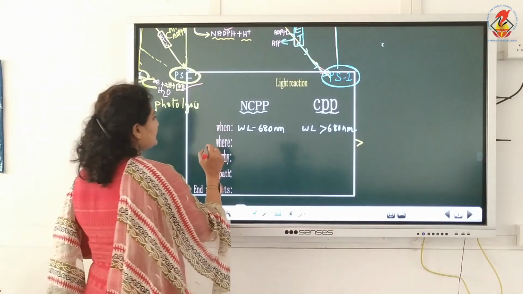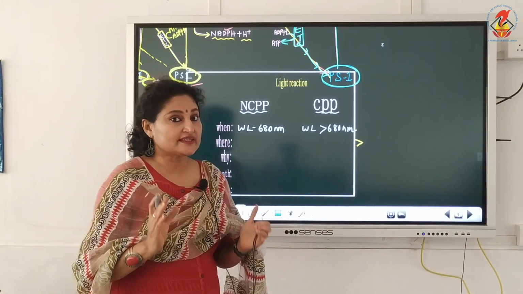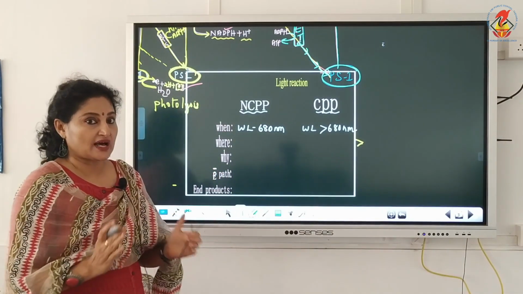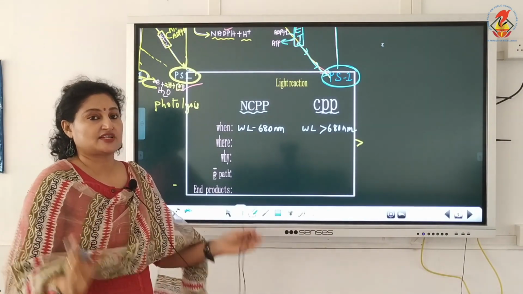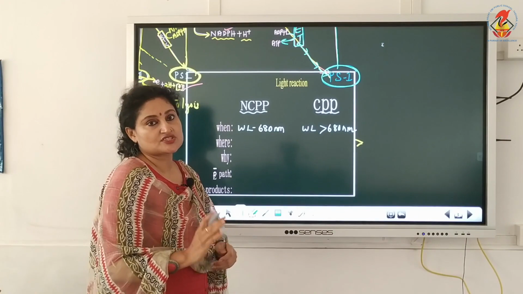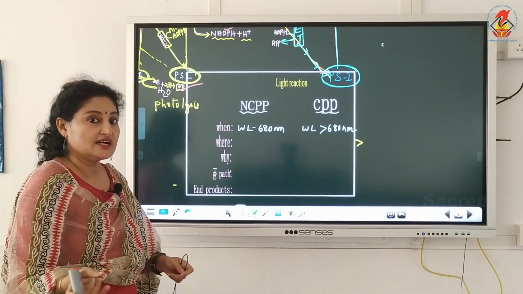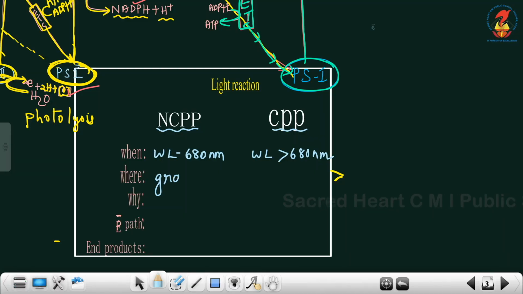Next, where does it occur? Here I told you light reaction occurs where? In the grana, and because we are talking about photosynthesis occurring in plants, we gave in the beginning itself that light reaction occurs in the grana as a generalized statement. But when it comes to bacteria, it is not occurring in the grana, it is occurring in the lamella of the stroma. In NCPP it is occurring in grana, here it is occurring in the stroma lamella. Because it is bacteria,